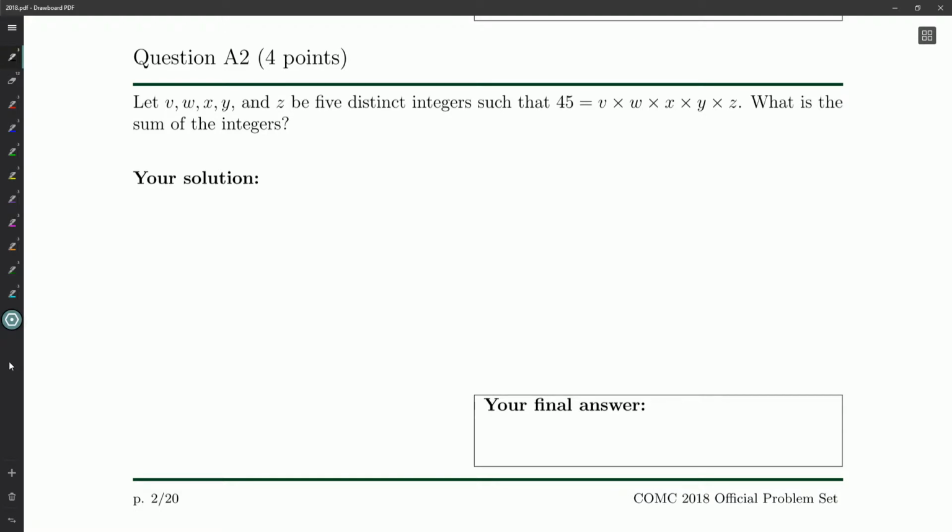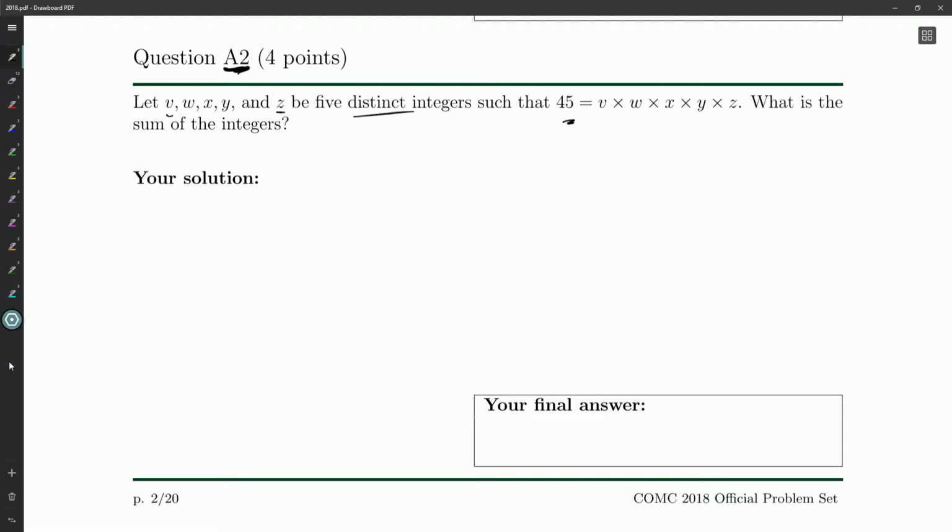Root Beer here, and we are looking at A2 on our newly begun 2018 Canadian Open paper. Let v, w, x, y, and z be five distinct integers that multiply to 45. What is the sum of the integers? Now